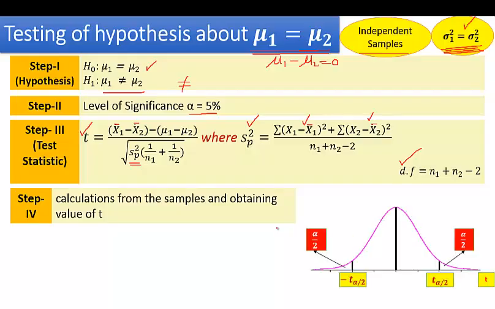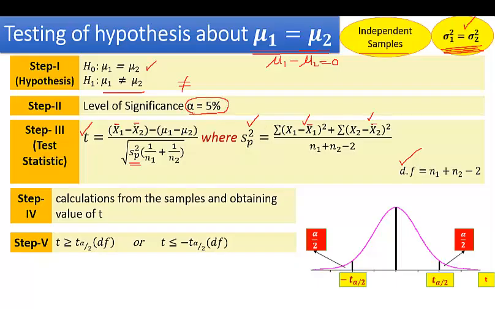Fifth step is the most important step, that is the decision rule. Since it is a two-tailed test, we will divide our alpha, that is 5%, equally amongst two tails, that is alpha by 2 on the left tail and alpha by 2 on the right tail. So if I divide alpha here, in this case 0.05, this is my alpha for this question. I just divide it with 2 and I get